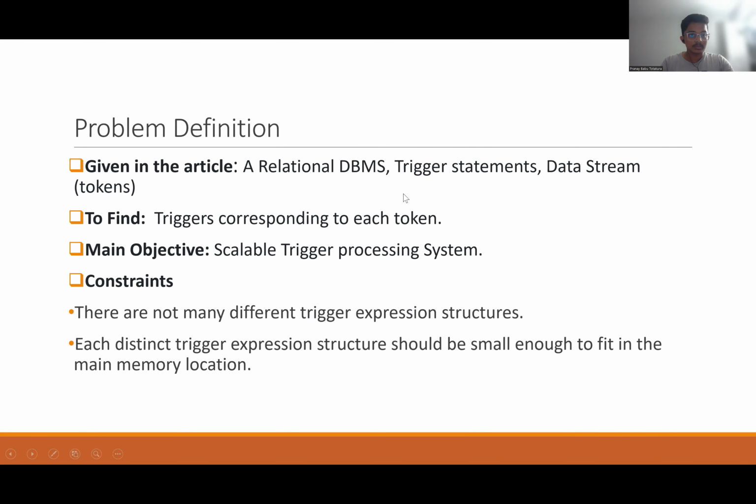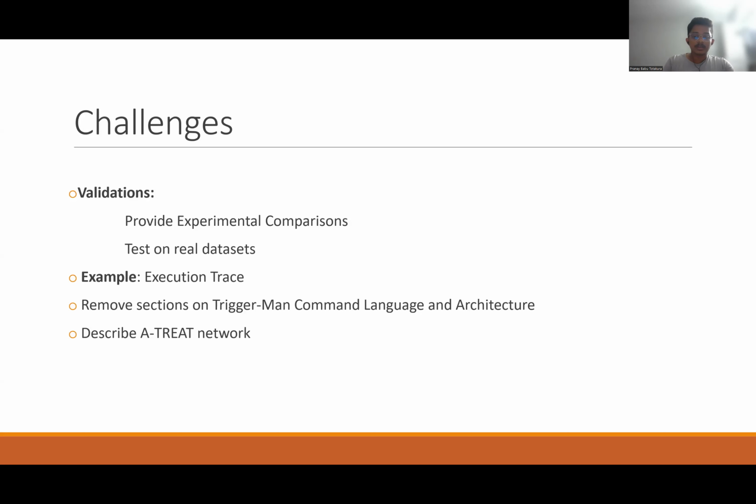The problems defined in this article are: relational database management systems, the trigger statements, and the data streams which are in the form of tokens. We need to find the triggers corresponding to each token, and our main objective is to do it in a scalable trigger processing system. Coming to the constraints, these are mainly the different trigger expression structures. Each distinct trigger expression structure should be small enough to fit in the main memory. Coming to the challenges,